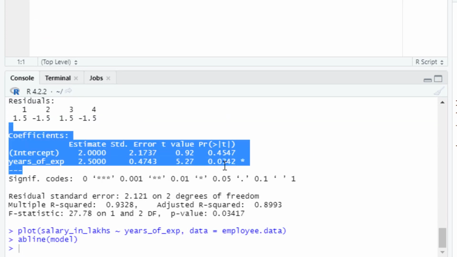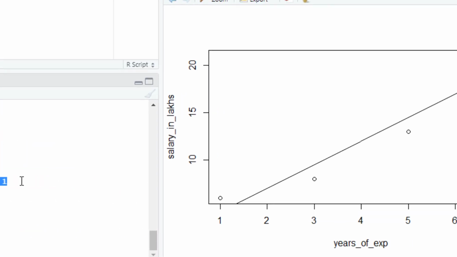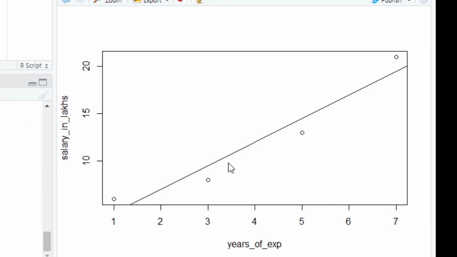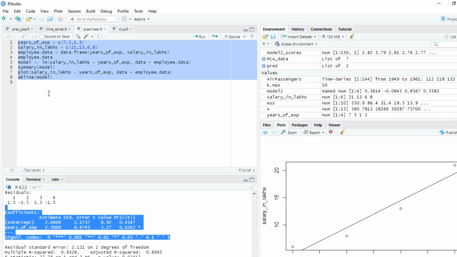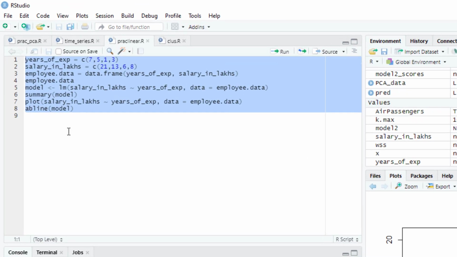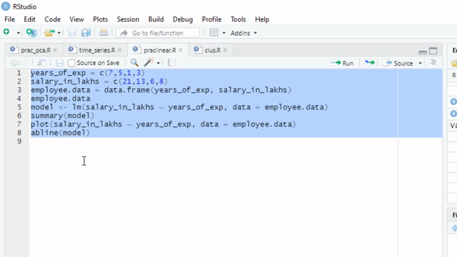Then over here you can see the coefficient values, and over here we have the linear regression plotted. Okay, so for this, see students, over here we have made use of plot for plotting so as to visualize. Visualization basically helps us to understand the concept properly. Then we have also made use of a very important function that is the abline function. Basically whenever we want to add one or more straight lines to a graph, the abline function can be used to add the line.